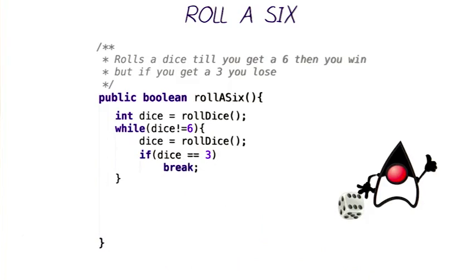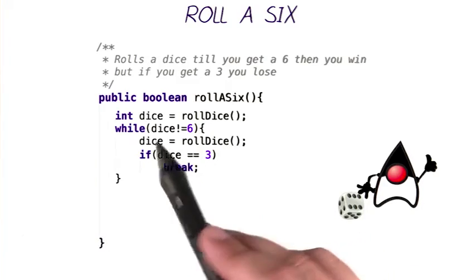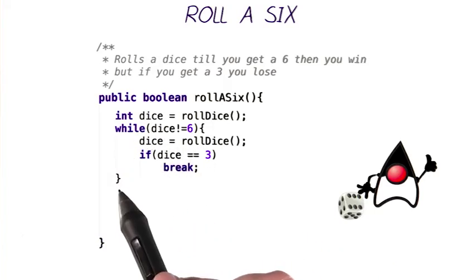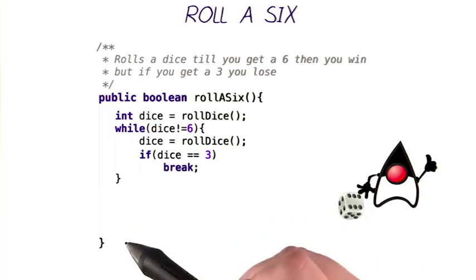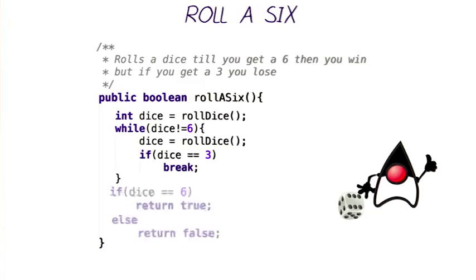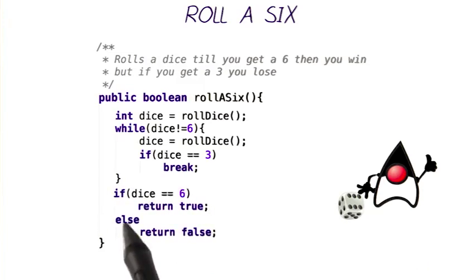It's over. We've lost. However, if you noticed, whether we actually get a 6 or a 3, in both cases, we're just going to end up at this part here. We're not going to be able to tell whether we actually got a 6 or a 3 at that point. So, to be able to decide whether we actually won or not, we're just going to add another if condition down here. If the dice is equal to 6, then we're going to return true,